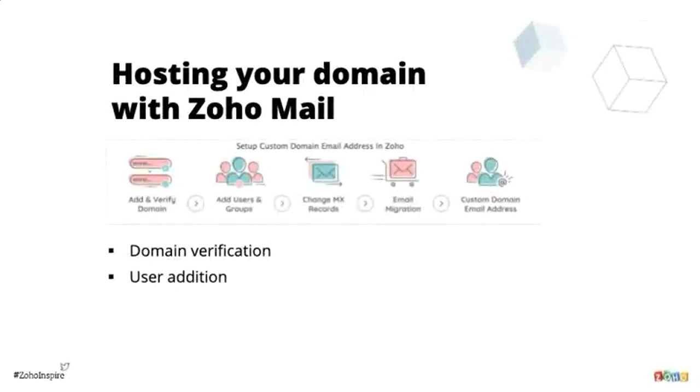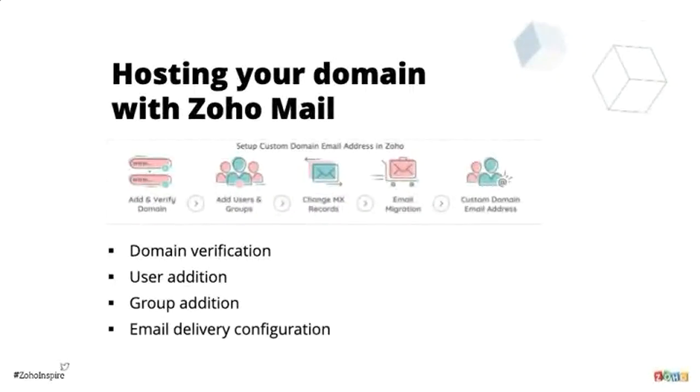Next, you'll be adding all your users in the previous email provider into your new email service provider as well. By new email service provider, we mean Zoho Mail here. There are multiple methods that you can use for adding your users to Zoho Mail. We'll be covering each of that in detail. And then there is group addition. You want groups or distribution lists, as some of you may know. How can you best migrate these groups from your legacy email service to your Zoho Mail accounts?